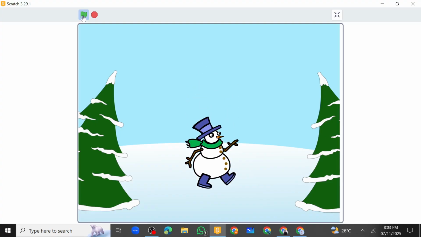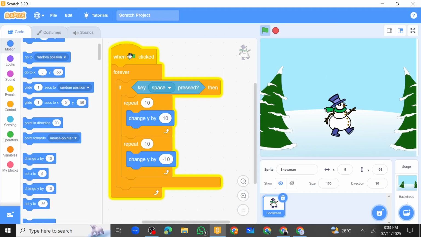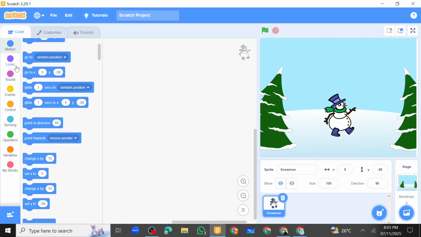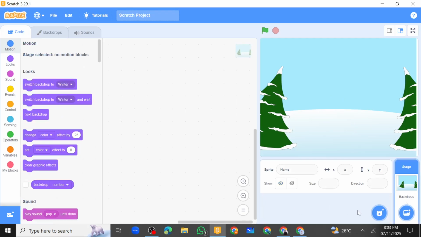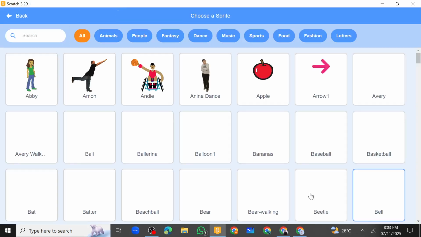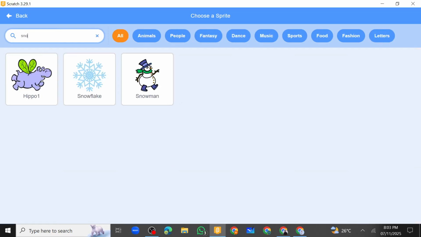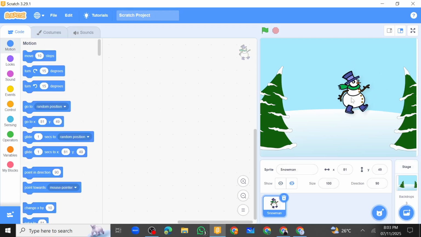So this is the program, and in order to make it we need a script. This is the script in the code area. I will just quickly remove it and we will start from scratch. First of all, how you can add the sprite. Let me delete the snowman, go to choose a sprite, and in the search bar write SNOW. Snowman will appear, so you can just click on the snowman and it will be here in your